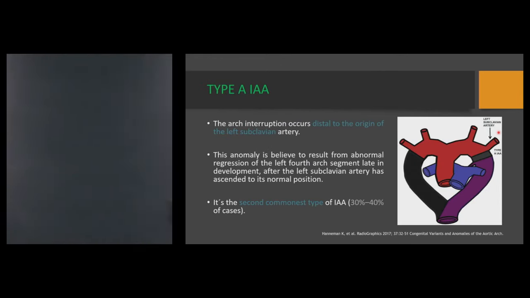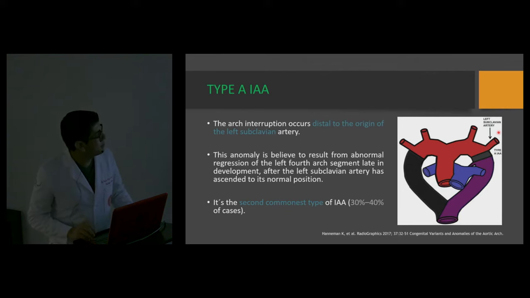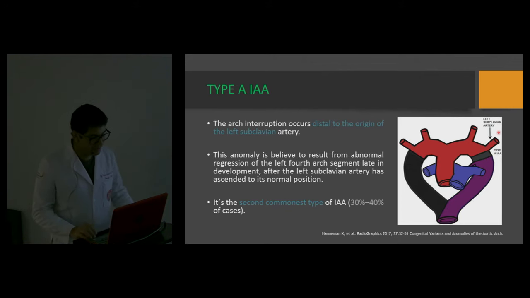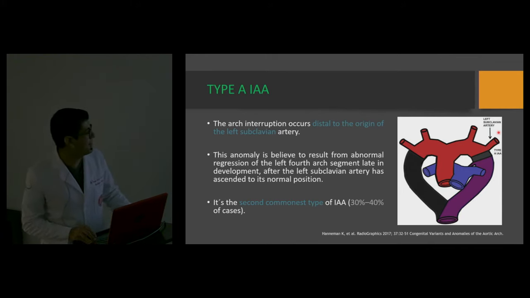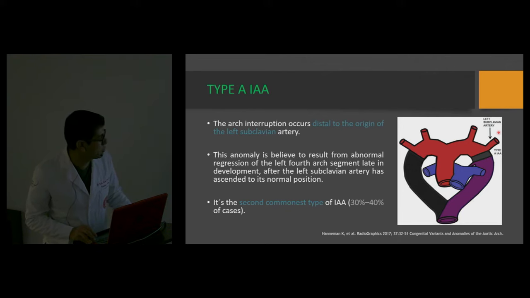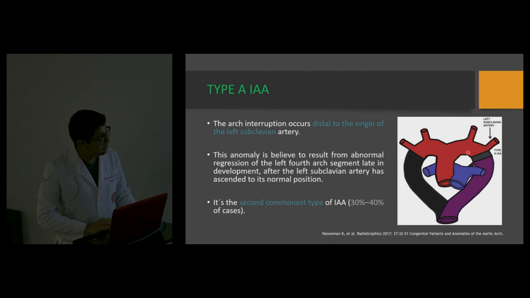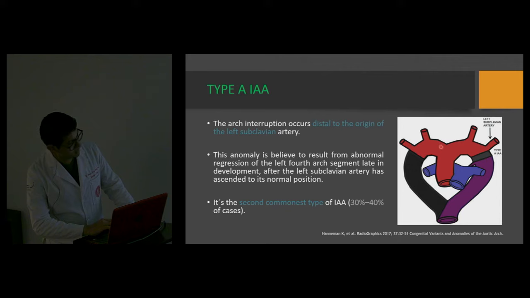Okay, type A. The arch interruption occurs distal to the origin of the left subclavian artery. This anomaly is believed to result from abnormal regression of the left fourth arch segment late in development, after the left subclavian artery has ascended to its normal position. It is the second commonest type of interrupted aortic arch. The graphic depicts normal oxygenated blood arising from the aorta to the cervical region, and after the interruption,